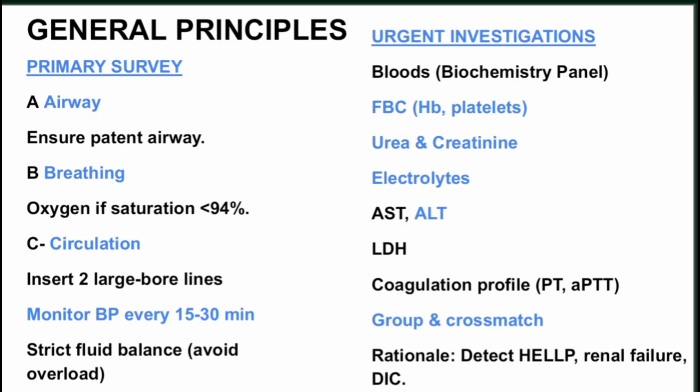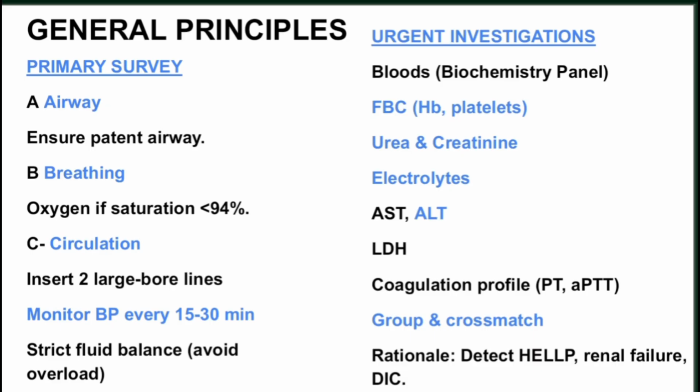So we're going to do our general principles. We're going to admit this patient, and we're going to do our primary survey. We're going to do our airway and ensure the airway is patent. We're going to check for breathing and make sure the saturations are greater than 94. And circulation, we're going to insert 2 large bore cannulas, and also maintain our BP, monitor our BP every 15